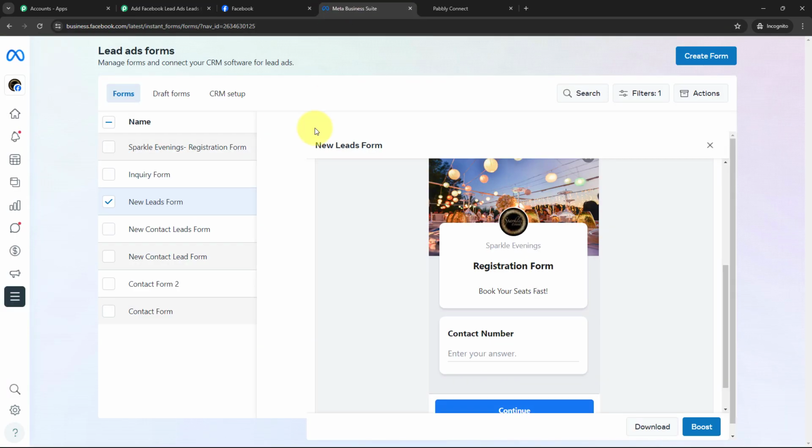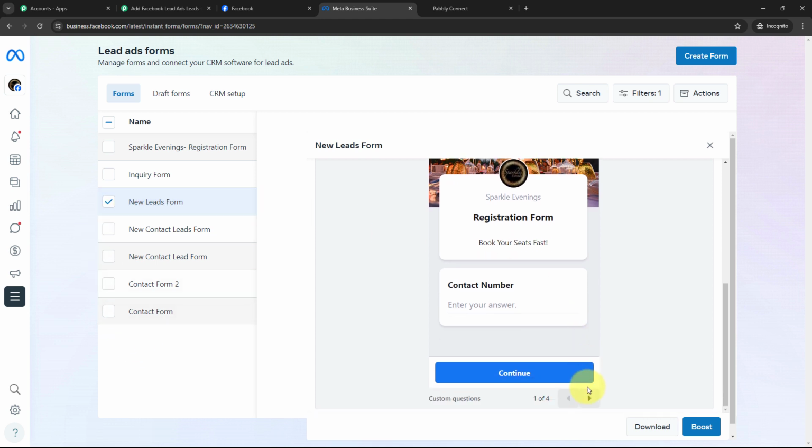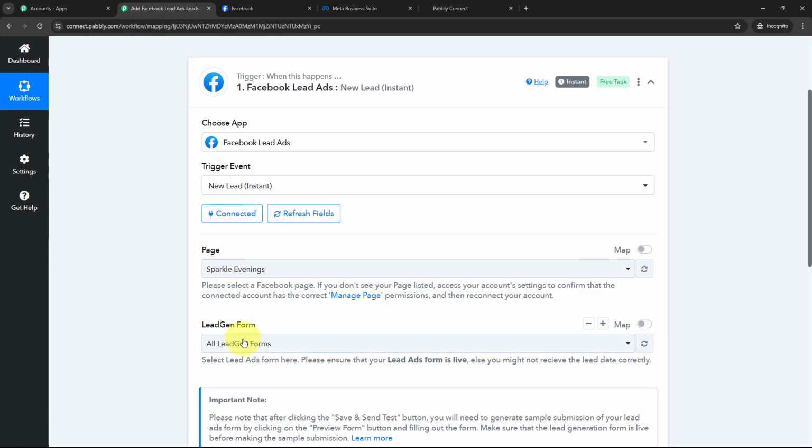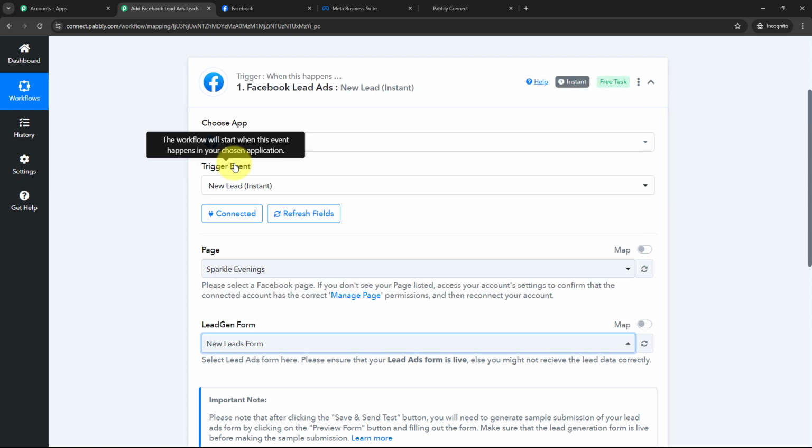So over here I need to select the lead gen form that is associated with my page. So over here in Meta Business Suite, these are the lead ads forms which I have created. So I'm going to use this lead ad form that is by the name of New Leads Form, and this is how the form looks like. So I'm going to use this form. That is why over here in Pabbly Connect, from this drop down, I'm going to select New Leads Form as